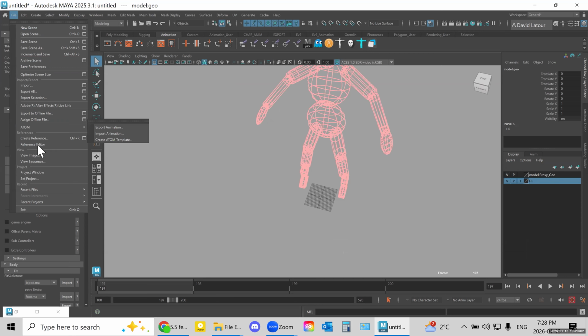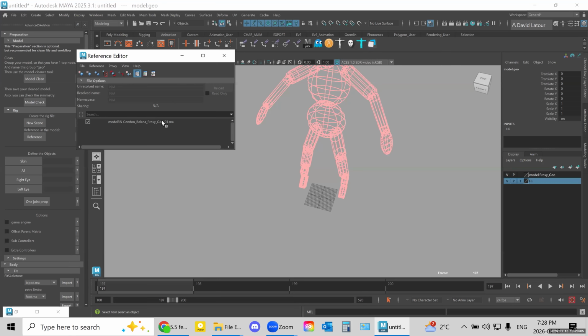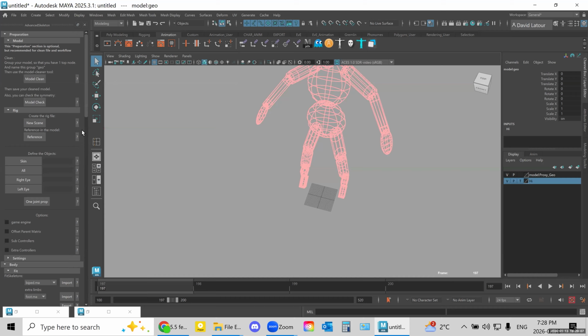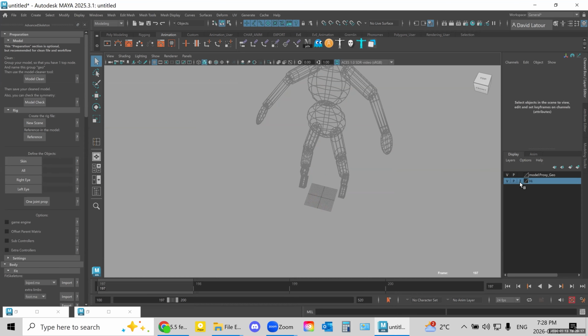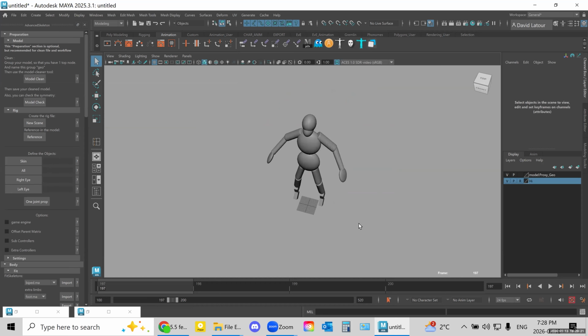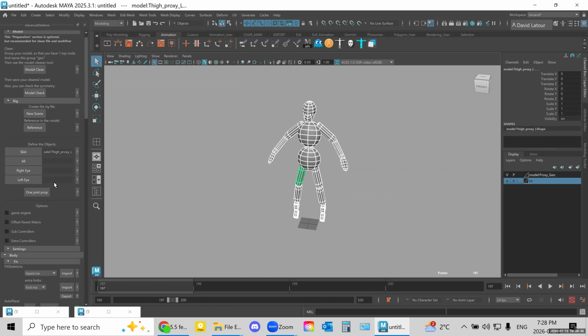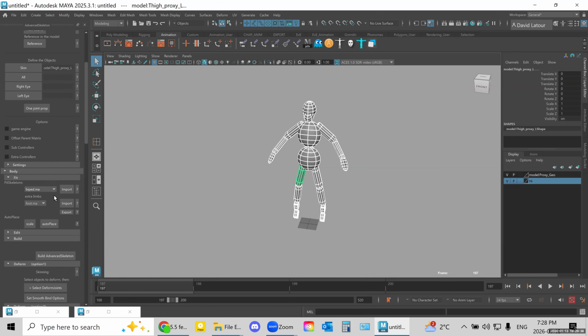File reference editor. Okay, so there's my geometry referenced in. Define the objects. Again, yeah, okay. And I'm just going to put everything as skin, maybe. What's going on? There we go. Skin. Okay, there we go. Okay, bypass,